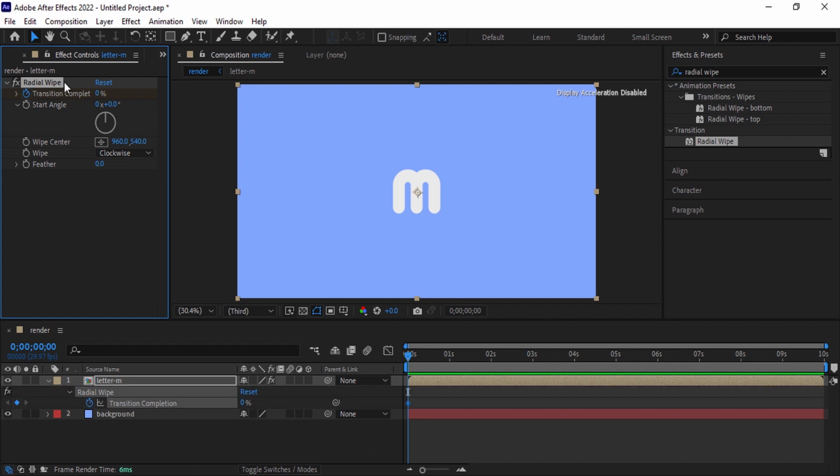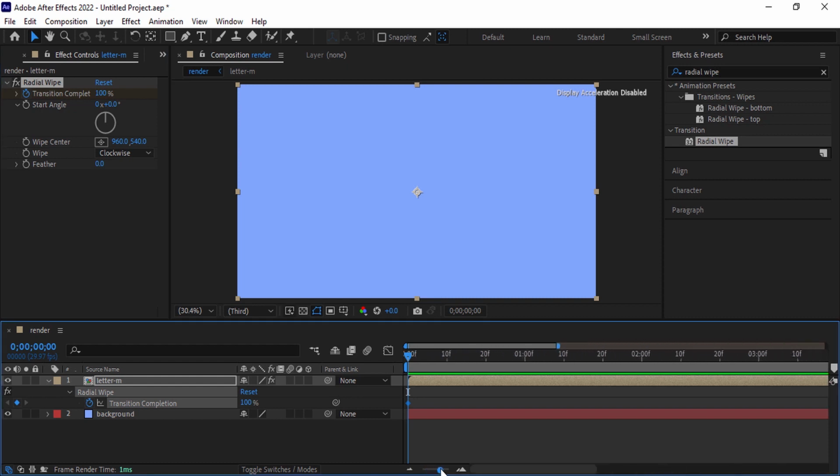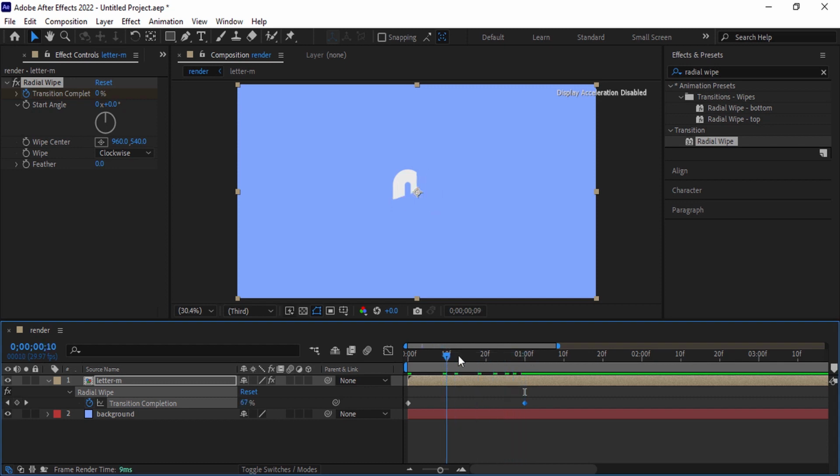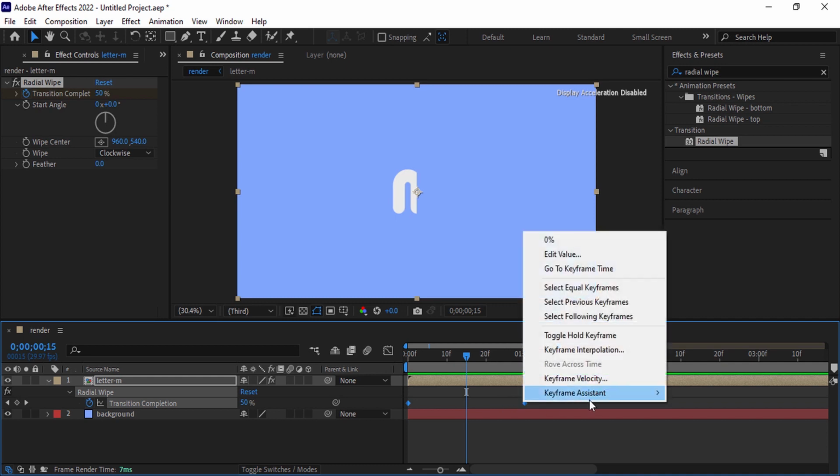Change the value to 100%. Then go to the 1 second position and change the transition completion value to 0%. Select all keyframes and press F9 to ease them.